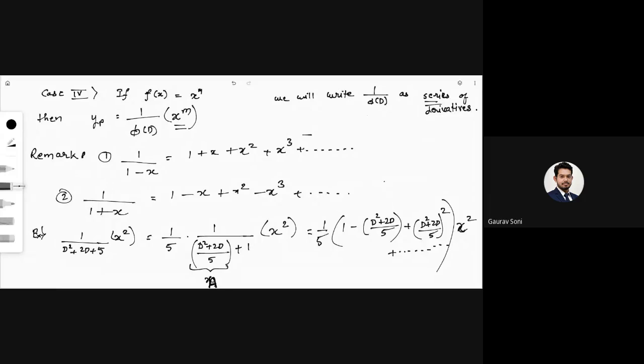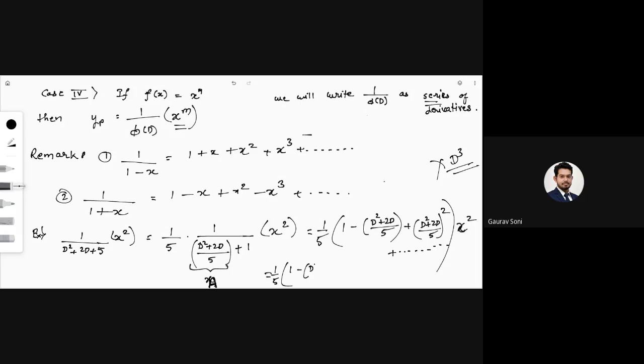Okay. So now I want to ask you, after how many derivatives this x square will become 0? How many maximum derivatives you can take of this? 3? No. As many derivatives as the power. At the third derivative it will become 0. So d raised to 3 should not come. d raised to 3 must be removed from its expansion. So 1/5 comes as it is. Now in the bracket 1 minus